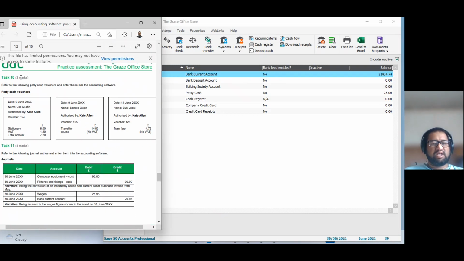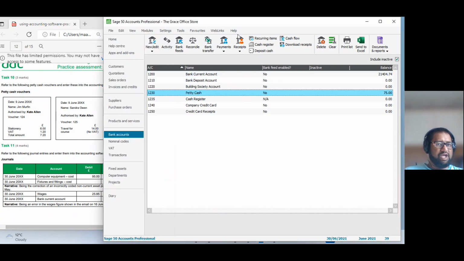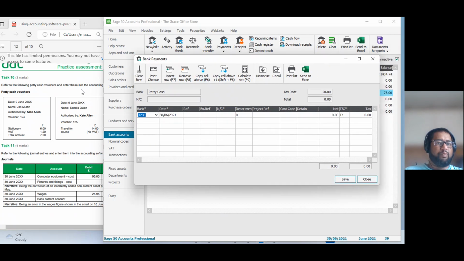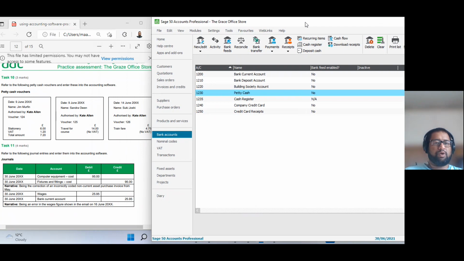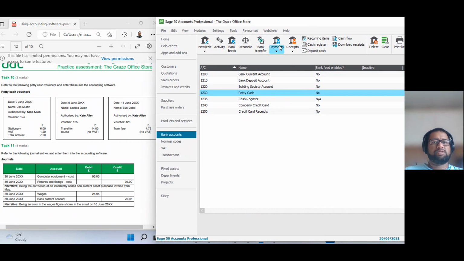Next task is task 10. We're going to do petty cash vouchers. For the petty cash vouchers, these are all payments. I'm going to select petty cash here, petty cash here, and payment and bank payment. Now we're going to do a batch of 3 petty cash payments. Let me just move this so I don't have to go back to that screen again. So payment,